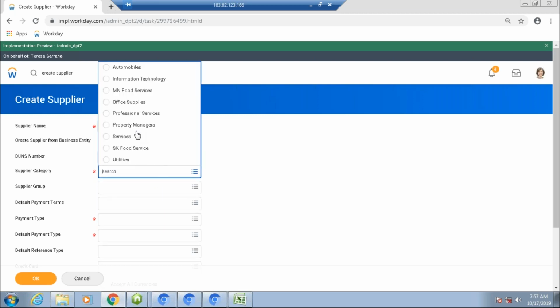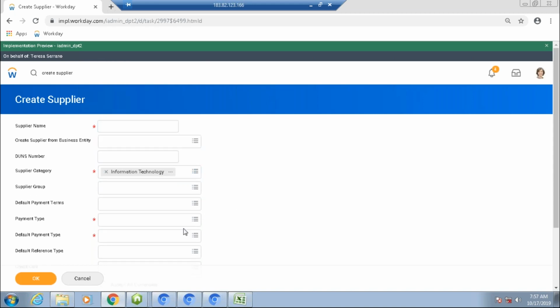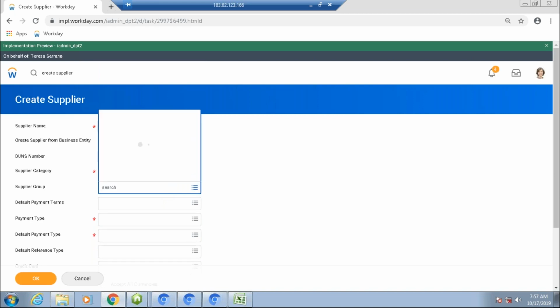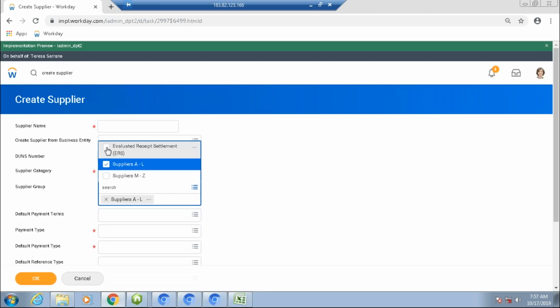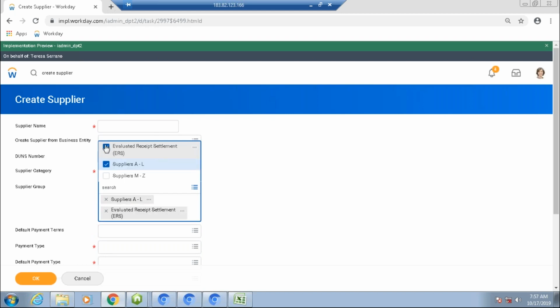For example, supplier category is just a single selectable item. We can select only one. But supplier group is not mandatory. Supplier category is mandatory, but supplier group is not, and we can choose multiple. We can choose, like, A to L, and we can even choose